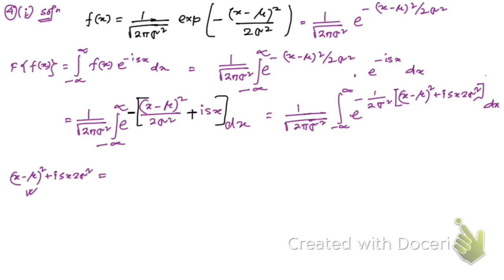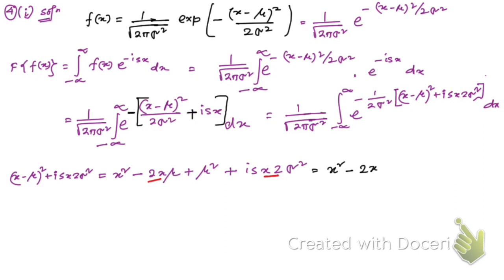So if you square it, then it's going to be x square minus 2x mu plus mu square. Then we have here iσ²x plus 2σ². Sorry, and there is no plus, so we have this one. From here you can see clearly that this 2x can be taken common, right? So then what we're going to have is x square minus 2x,